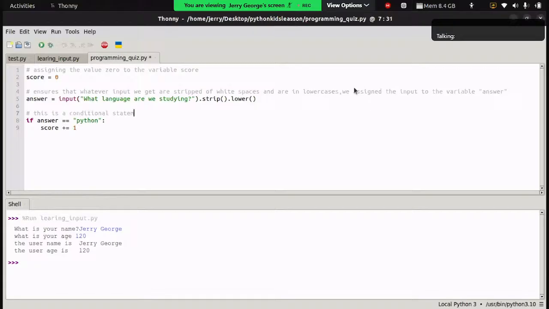So this is a conditional statement that checks if the answer that be inputted